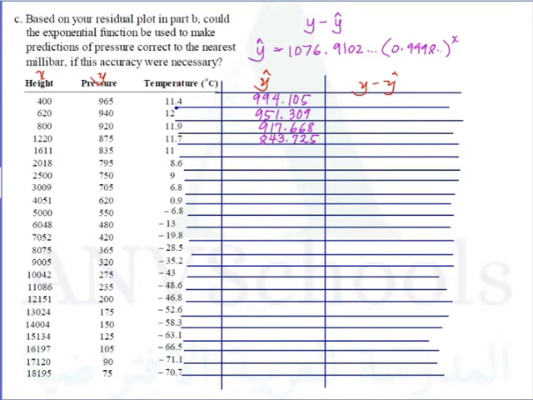Now let me use another color for the pen just to segregate every row. What if my x is 1611? This will give me 780.254, and when my x is 2018,